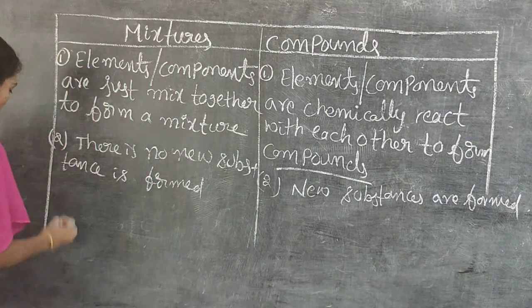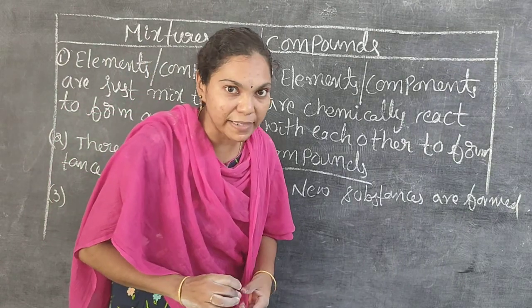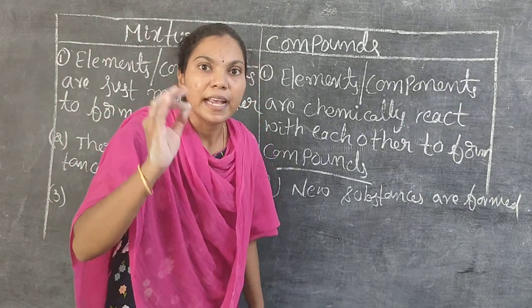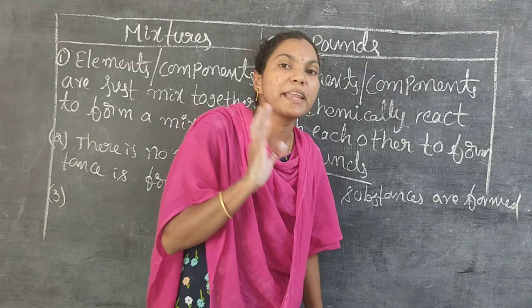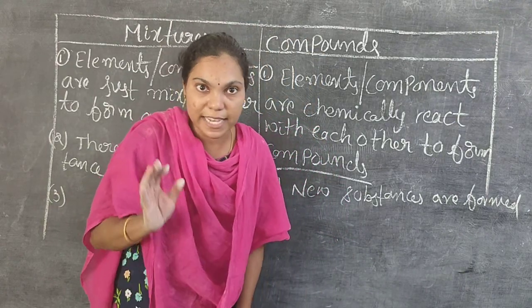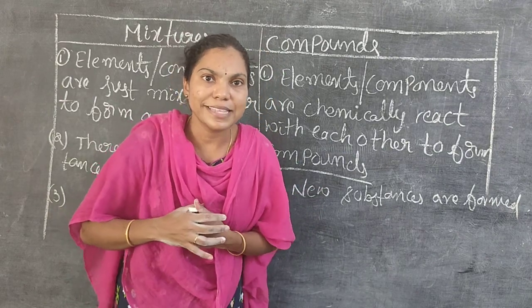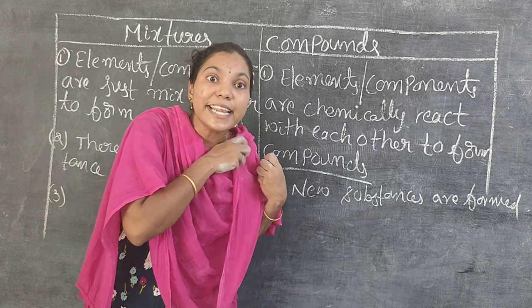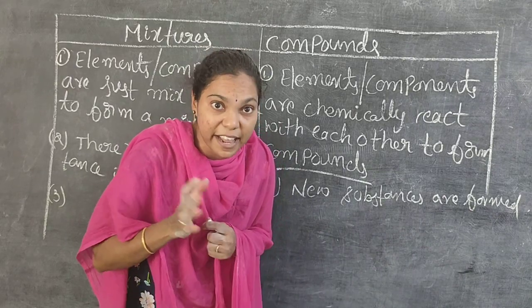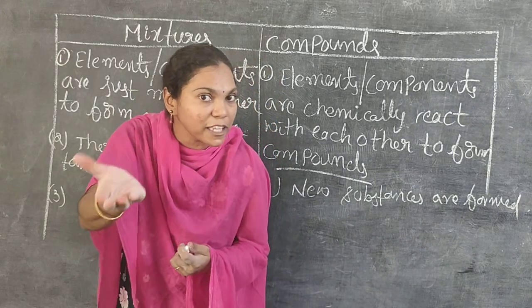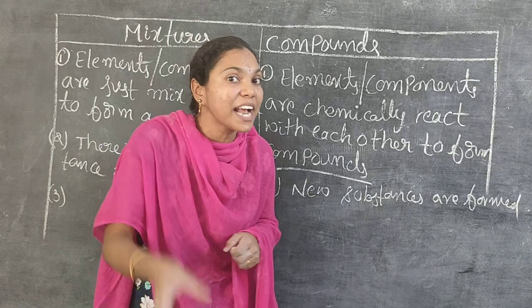What is the third one? The third point: a mixture always resembles the properties of its constituent particles. Which particles does a mixture contain? For example, soil and water is a mixture. It has the properties of soil and water only. The soil and water is a heterogeneous mixture, and it resembles the properties of soil and water. Why? Because this heterogeneous mixture contains soil particles and water particles, so the mixture shows the properties of its constituent particles.